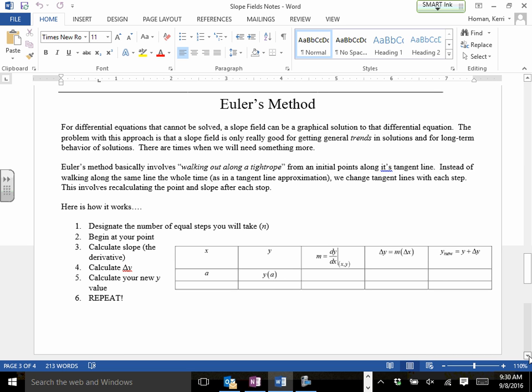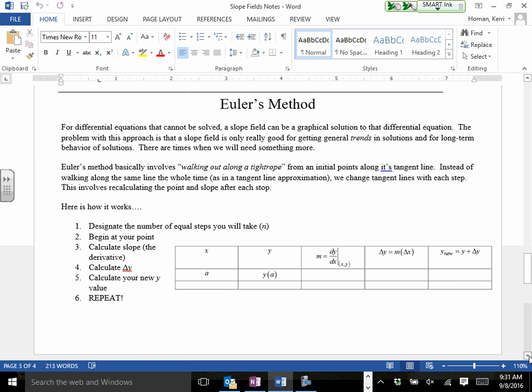Not all differential equations can be solved. So we have slope fields that can be general solutions, but they're giving us the trends. They're giving us a general idea of what's going on, but it's hard to be really exact with where our values are. So Euler's method basically,